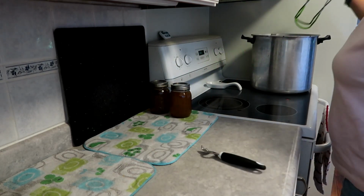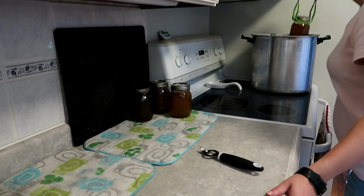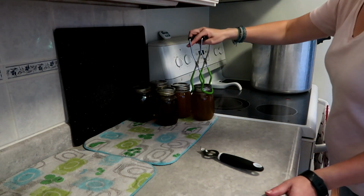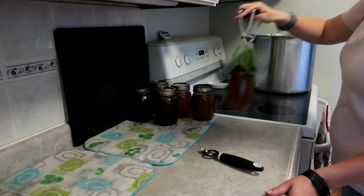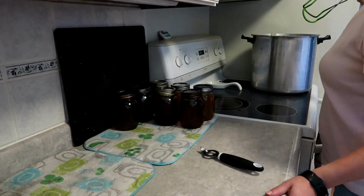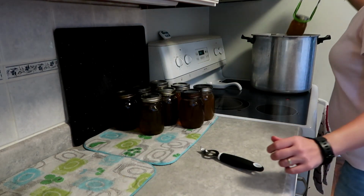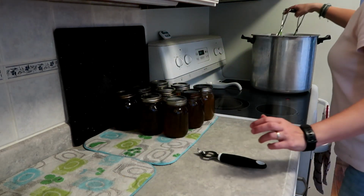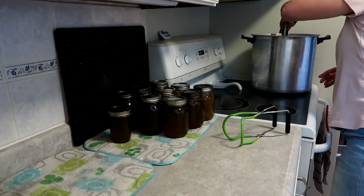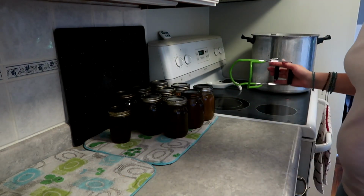And you see that the other jars are gone? Yes, because I moved them. They're on the table. Well, now they're down in my pantry, but they're on the table at this precise moment while I'm canning these things. So we got 6 jars of glorious broth. Or was it 7? I don't know. Let's see. We got 6. Oh, 7. 8. Oh. Ooh. 9. Oh, 9. Look at that. Oh. Okay, 9.5. We got 9.5 jars of glorious broth that will be used for cooking roasts, soups, making gravies,